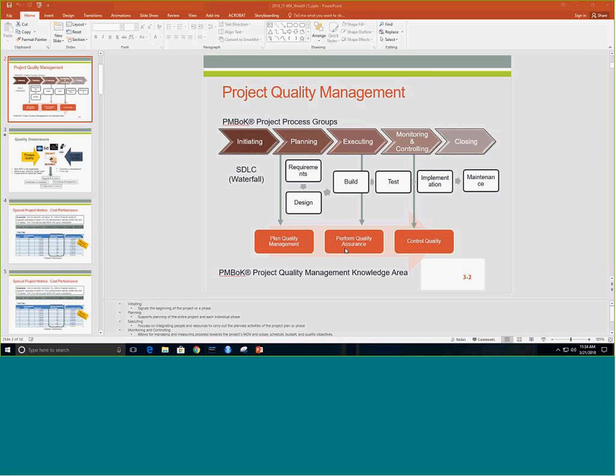We put quality assurance. That means we are checking all our processes to make sure that we have followed all of our processes that we have paid for through our good cost of quality. And we're checking our outcome as well. Control quality, of course, means we are checking to see if the number of bugs that we have produced through any kinds of process improvements has gone down or not, right? So,